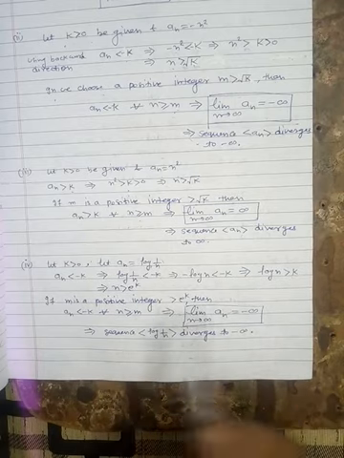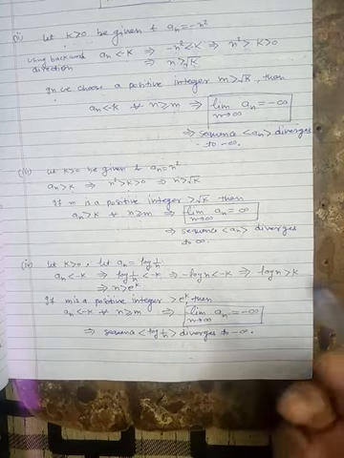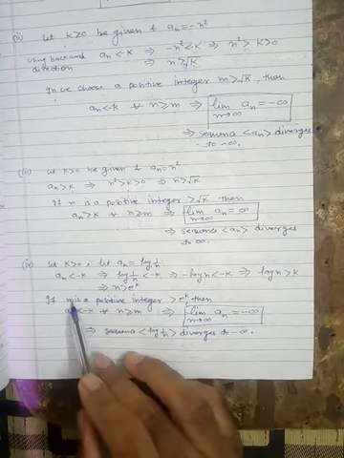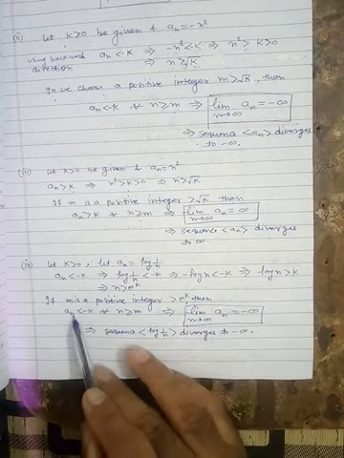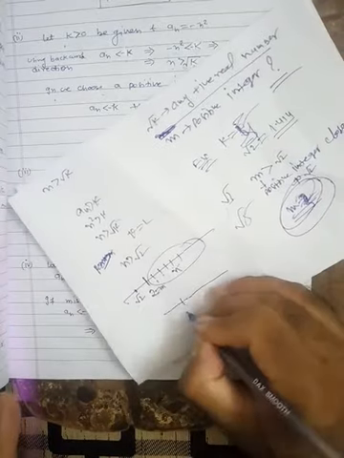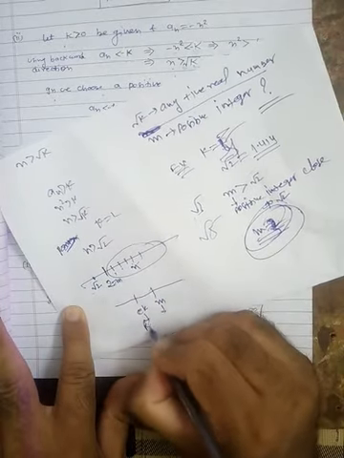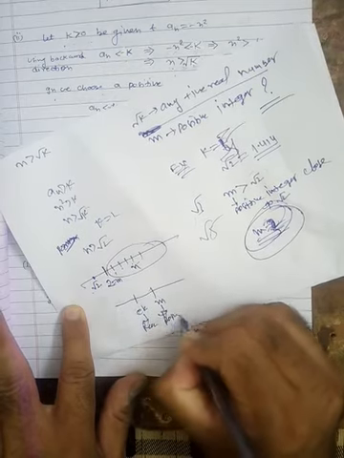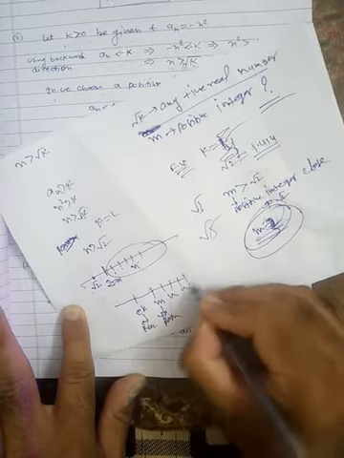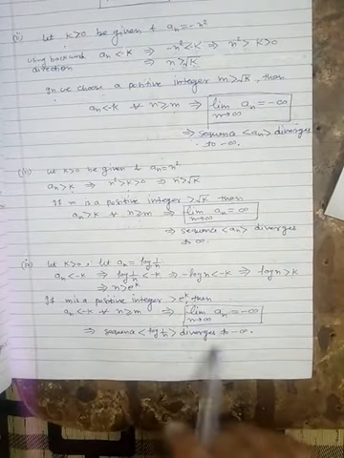Take the exponential of this. So e raised to the power k will be a positive real number. So you can find a closest integer, suppose m. So m is greater than this number, and that's why a_n is less than minus k for all n greater than or equal to m. So on the real line, we get some e raised to the power k, and for this we get some number m which is close to this. This is any real number, this is a positive integer, and for all choices of n this inequality holds, and that's why this is written here. So again this sequence is a divergent sequence.